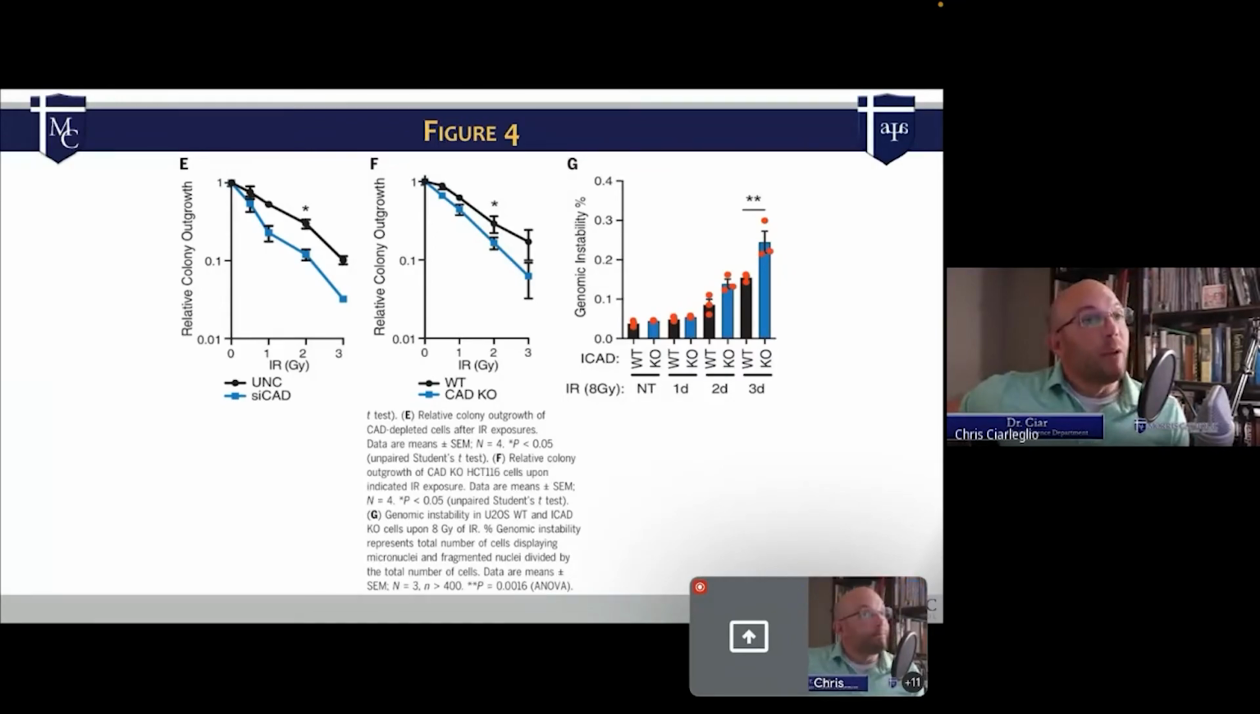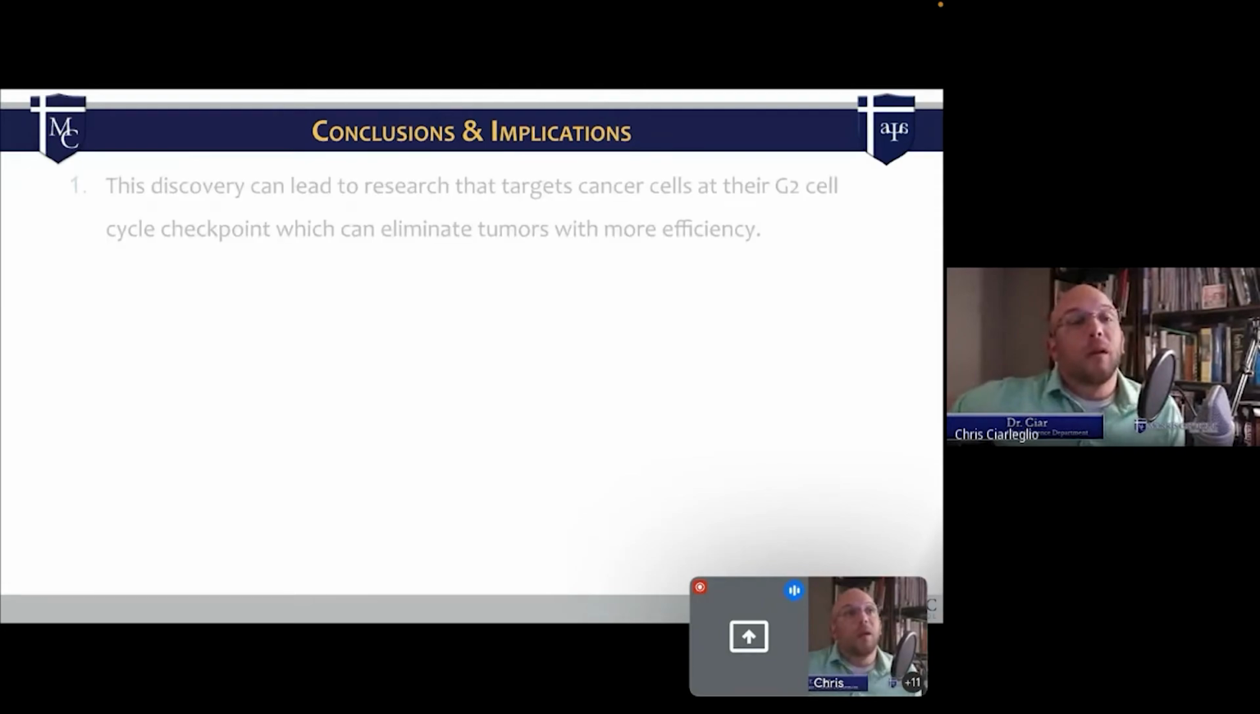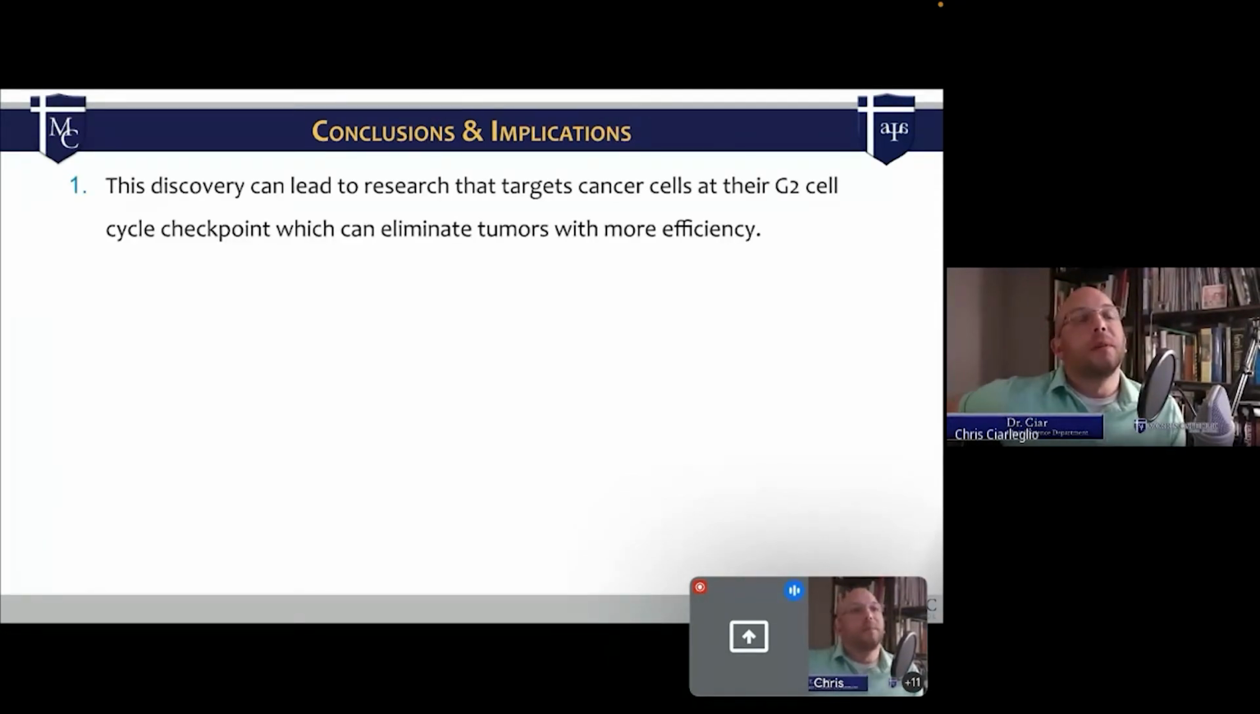But okay. Keep going, Yohann. Let's finish up. All right. So yeah. This study basically, like I said, can help lead to research that essentially targets the cancer cells at their G2 cycle checkpoint, so they can more efficiently eliminate the tumors targeted at the checkpoint, so they don't get to that checkpoint